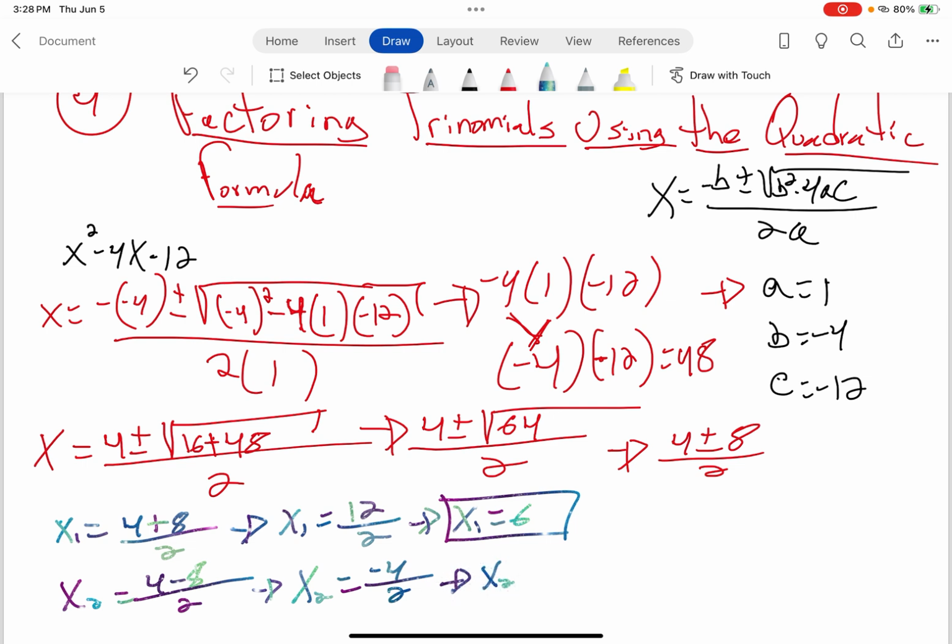X2, the second value, will be equal to minus 4 divided by 2. Remember, when you divide a negative by a positive, you get a negative, and 4 divided by 2 is 2. So this is your second answer. As you're looking for factors, you can use the